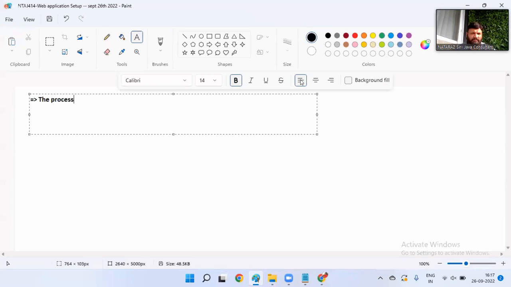The process of keeping the web application in the web server